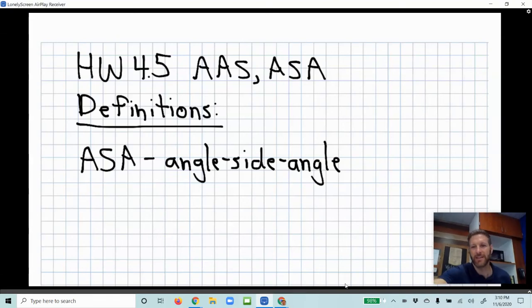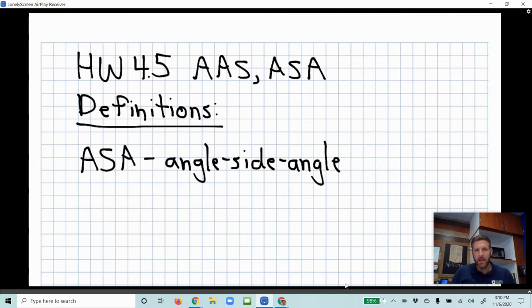All right, geometry friends, here we go. Welcome to lesson 4.5, angle, angle, side, and angle, side, angle. Okay, so we're working on triangle congruence, and we are looking at simpler or shorter ways to prove that two triangles are congruent. So we're practicing our proofs and our